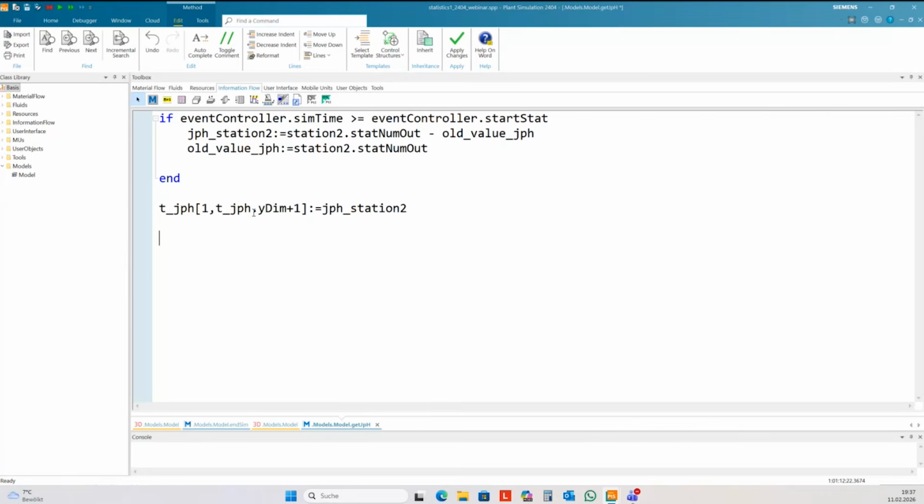And in the end, I need a recursion. And in SimTalk, we use the command execute in.